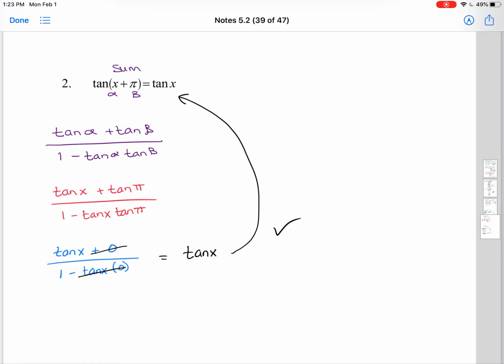Okay. Also, keep practicing your unit circle. It is not going away. Okay. You don't get it on your test, so we